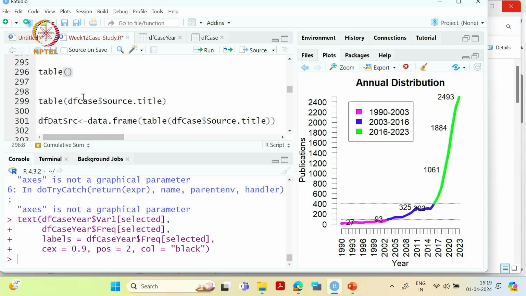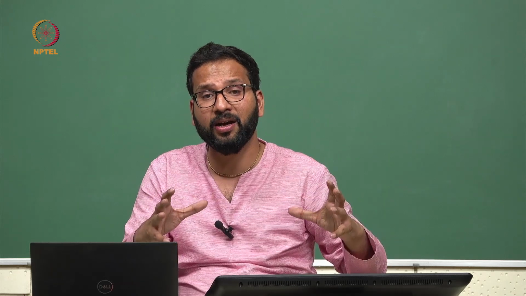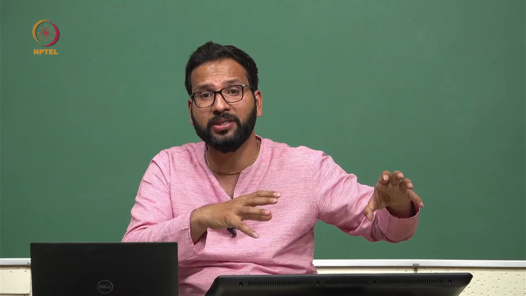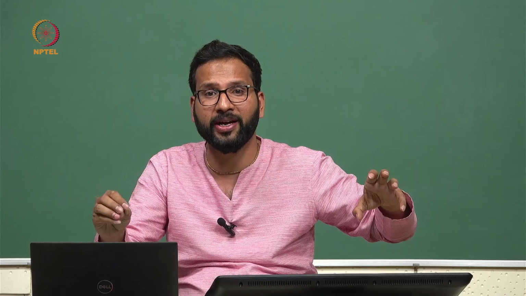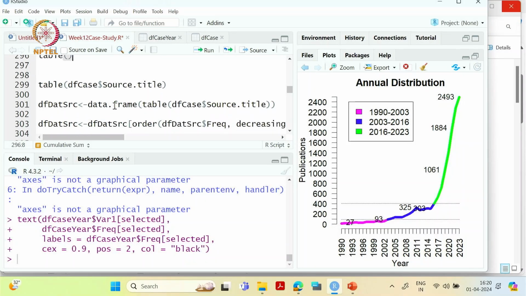We'll use that table function again, and if we do table of this source title, it will give us the count, like what are the maximum number of publications published in that particular source. So if we call the table function, it gives us these are the sources, and each has occurred this many times. Okay, so now what I am doing is just running this table on this source title